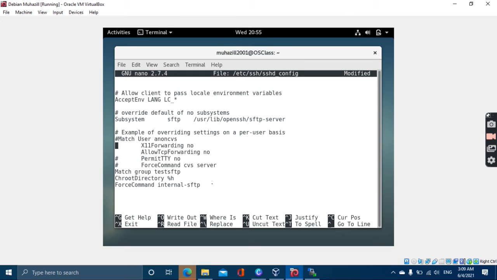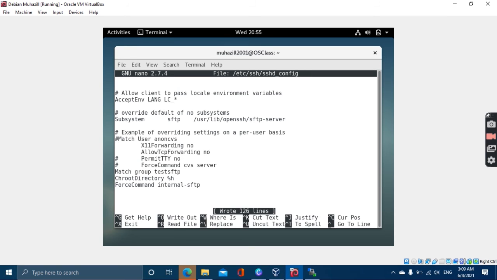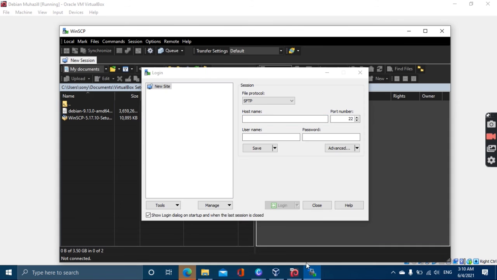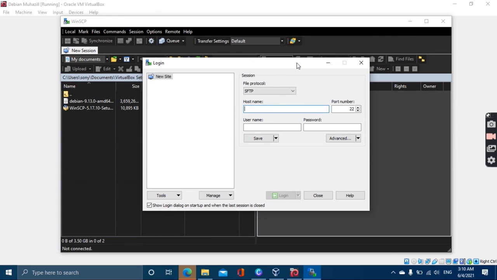After we have finished writing, we save it, which is Ctrl O, and then enter, and then Ctrl X to exit. After we have done it, it is already finished to set up SFTP server configuration. And then to show the SFTP server configuration